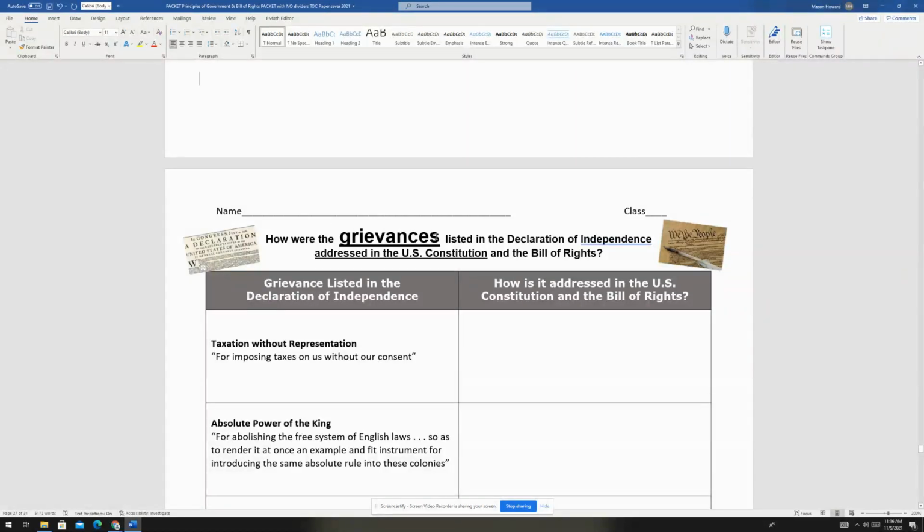You don't have time. So I need you to tell me what a grievance is right now. Yell it out. What's grievance mean? What does it mean? Someone better said complaint. I hope someone's on this planet. It's a complaint. Grievance is a complaint. How were the complaints listed in the Declaration of Independence addressed in the U.S. Constitution? So I'm going to say this fast. This is smart. The writers of the Constitution said, you know what we hate about government? We made a list of it in the Declaration of Independence.